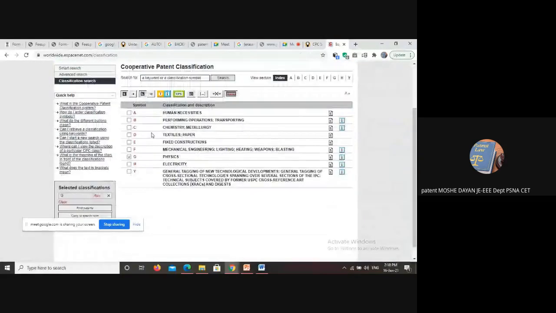See here you can see A for human necessities, B for performing operations, C for chemistry, D for textiles, E for fixed constructions, F for mechanical engineering, G for physics, H for electricity.